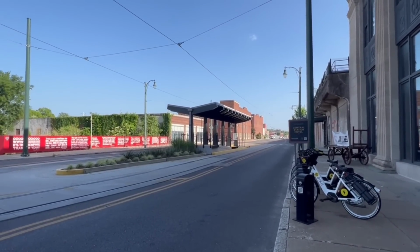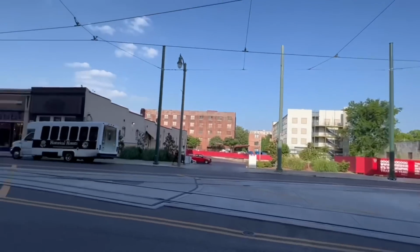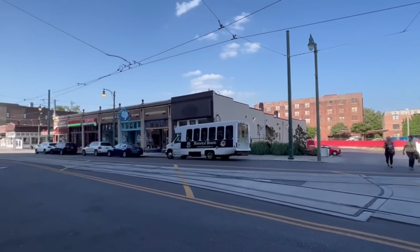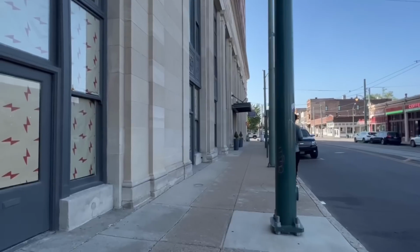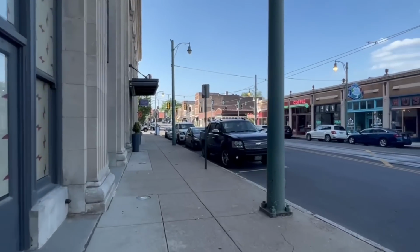I visit still fairly often, never taken the trolley. Amtrak is here. I don't know how often they run, I know a couple times a day. But this is considered Main Street, South Main, people call it. It's up and coming, it's been up and coming. I said I lived here about 3.5 years, and even since I left and I now come back to visit,